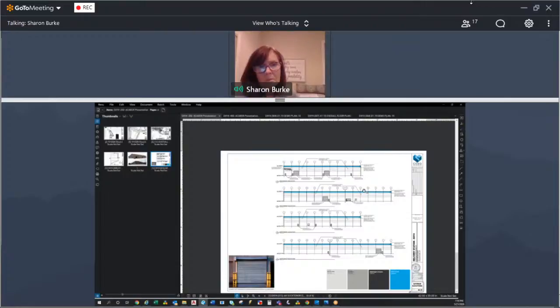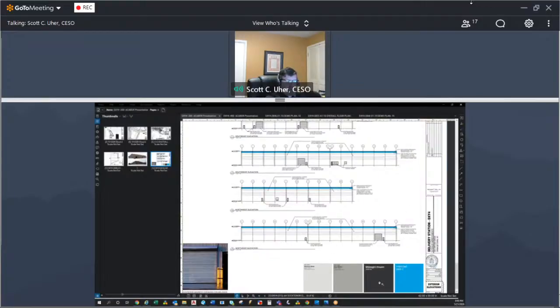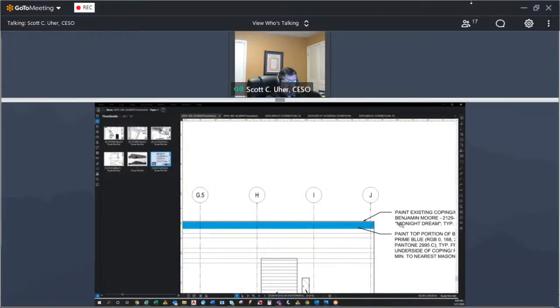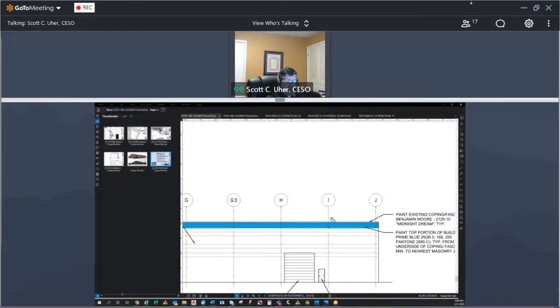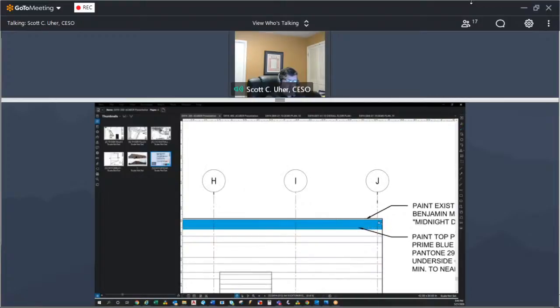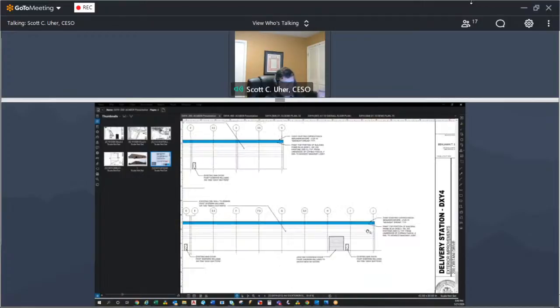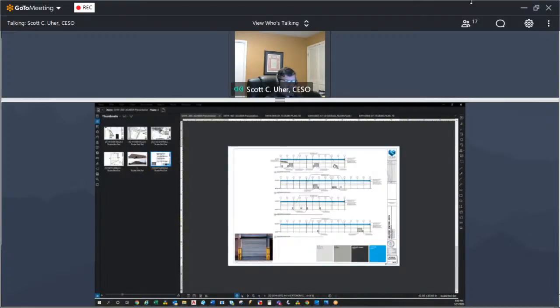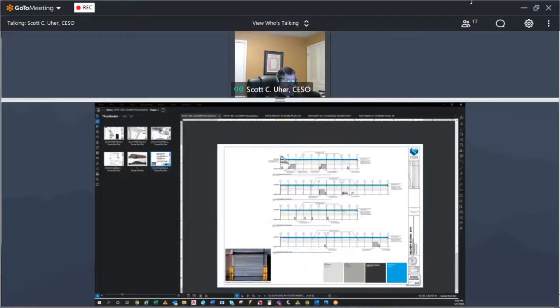That's it for me. Thank you, Sharon. And I apologize, I don't have familiarity with everybody's name. I was mistaken about the Midnight Dream, so I do want to mention that the top of the coping at the very top of the building gets painted Midnight Dream. So we get the blue band, and then right above, at the very top, that coping gets the Midnight Dream. It kind of caps the building with essentially a charcoal colored band at the very top.